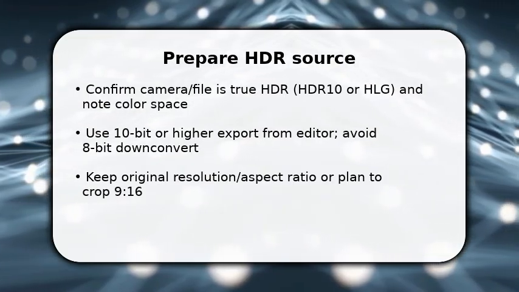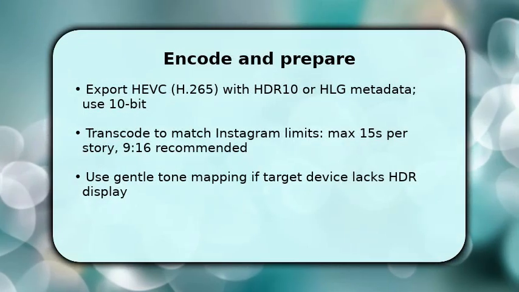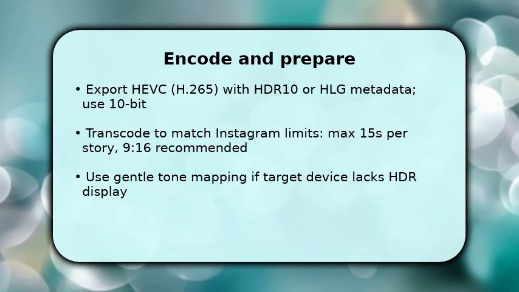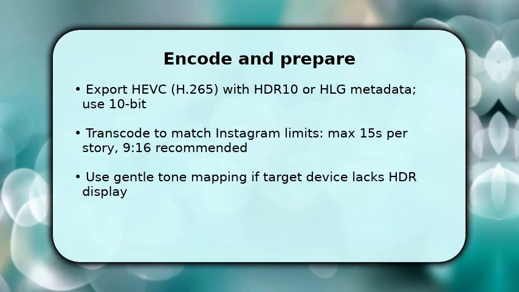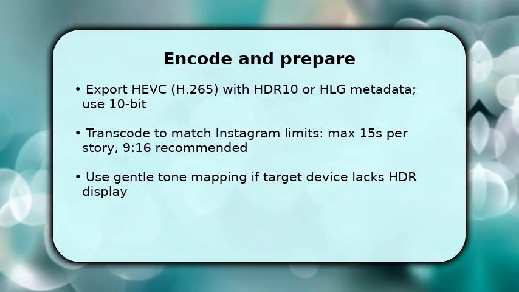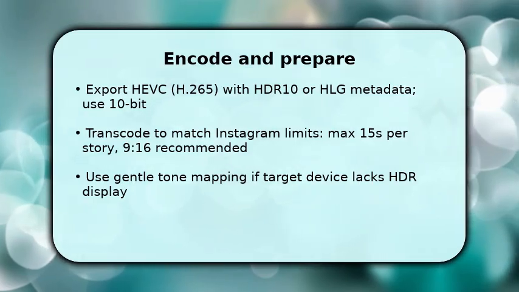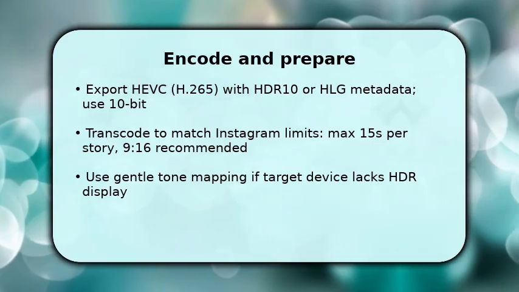Now encode carefully. Choose HEVC H265 with HDR metadata intact and 10-bit color. That's how you keep the dynamic range. Make copies for each story segment if longer than 15 seconds and set output to vertical 9:16 or add pillar/crop guides. If you expect non-HDR phones, apply a mild tone map to avoid crushed highlights before exporting a second SDR